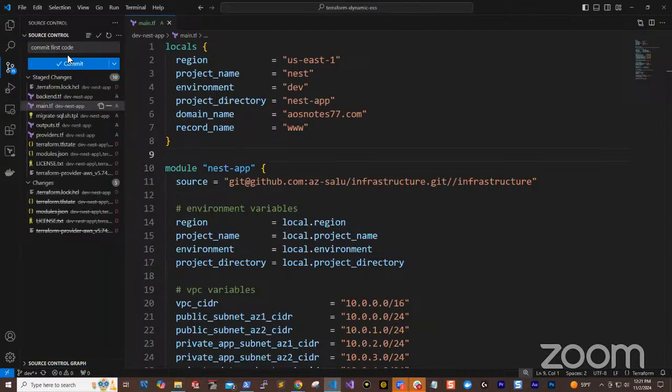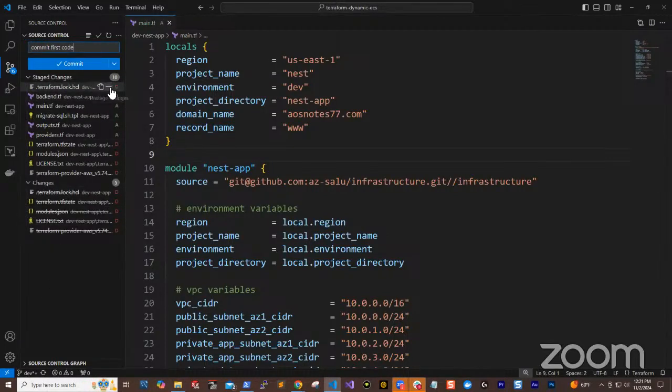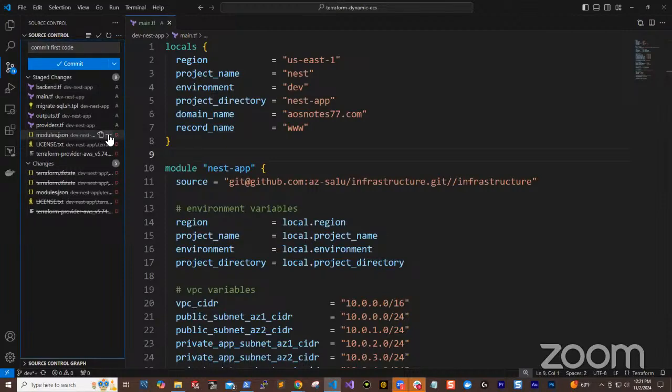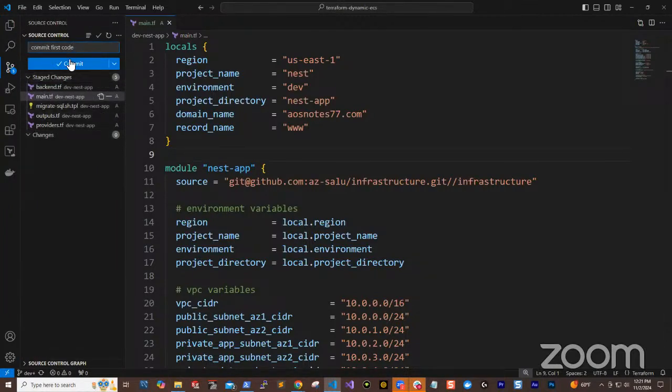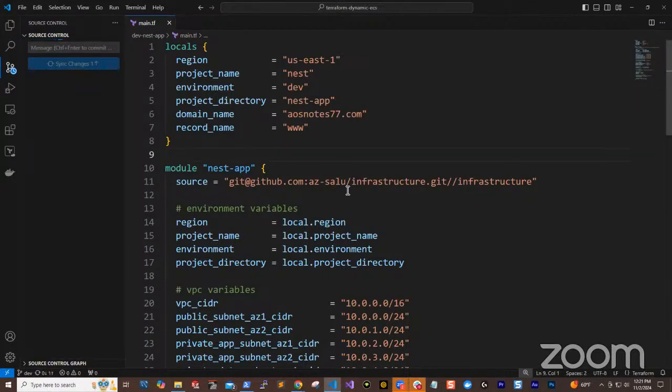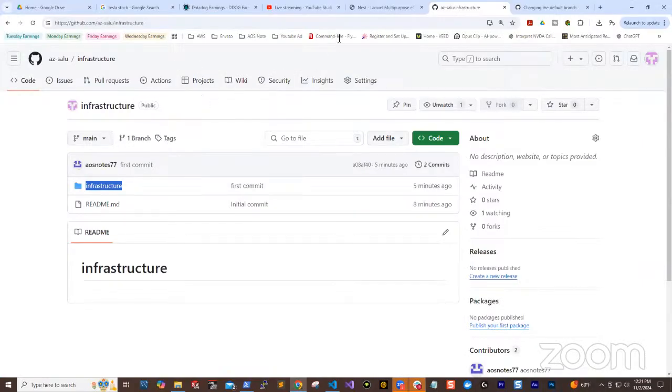Okay. All right, cool. So now I need to get rid of this tab. So now in my